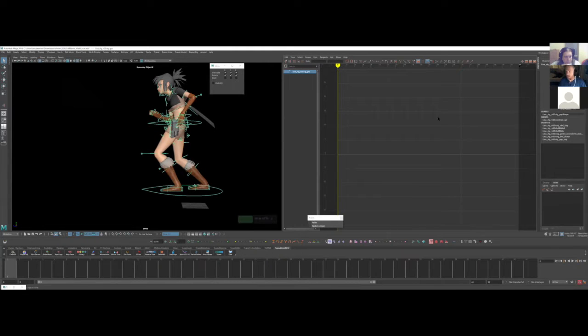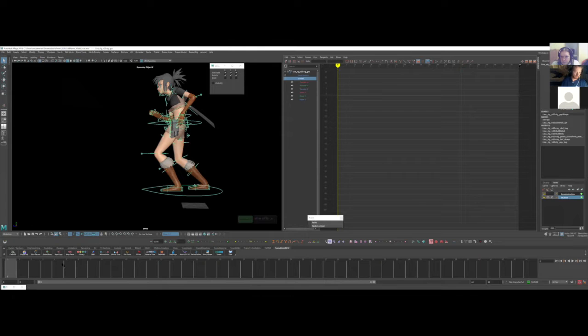So there are no keys on this, as we see over here in the channel box. I'm going to go ahead and hit S just so there are keys. As soon as I'm using animation layers, I want to have keys on my base layer. I hit this button. We know this. I have a base anim. I have my animation layer. So right here, I'm going to name this, let's just name it